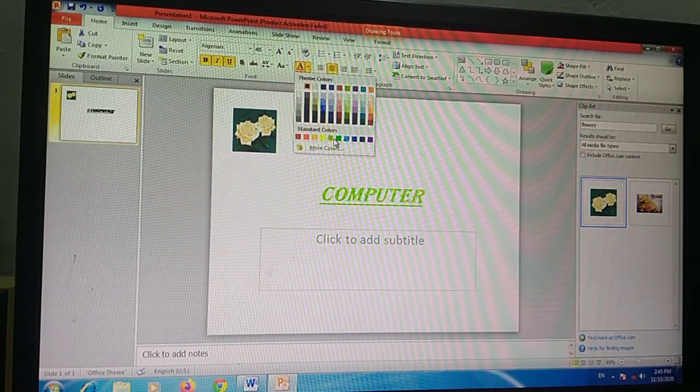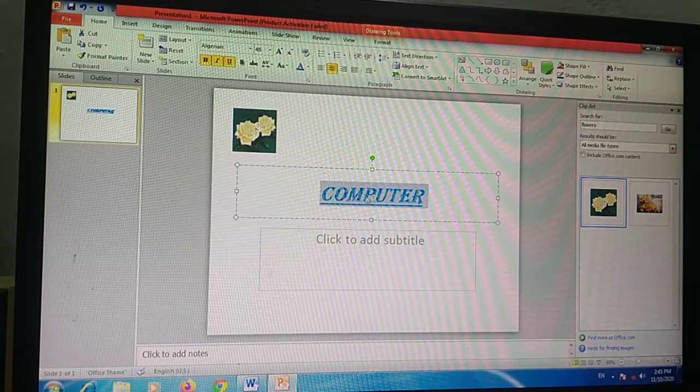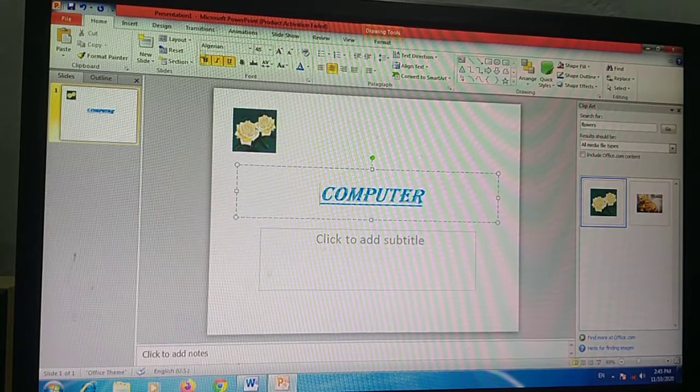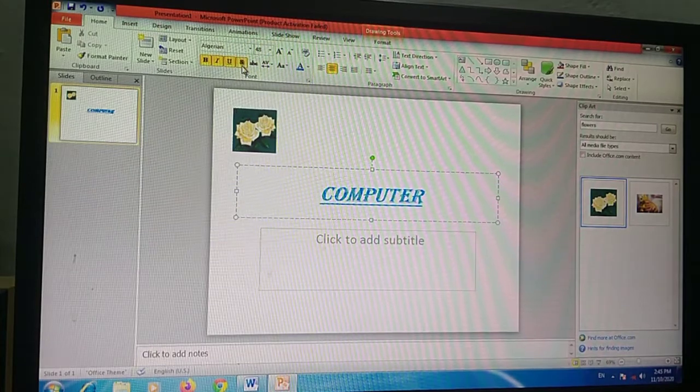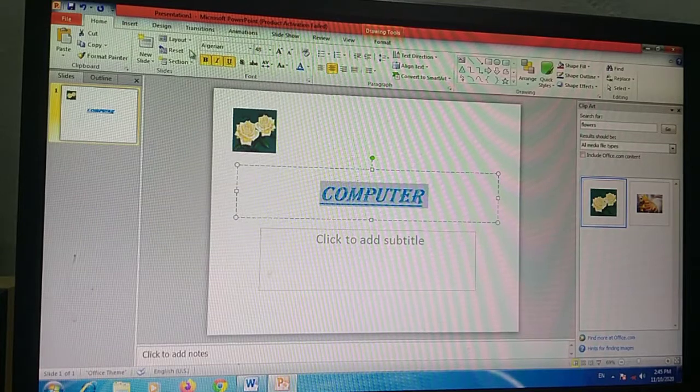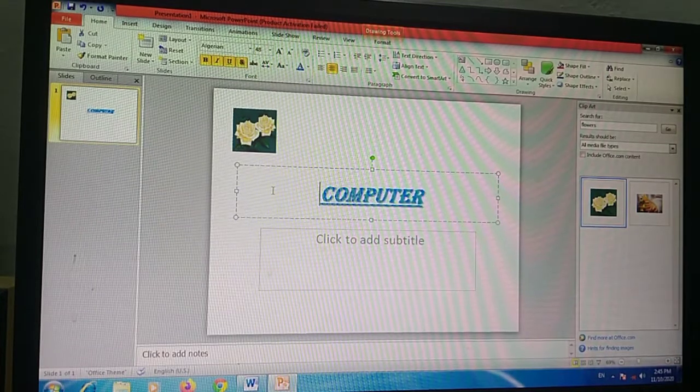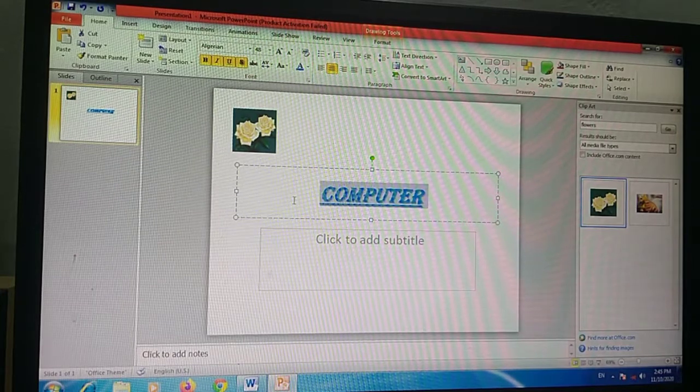Suppose I have selected the blue color. See, the text has turned blue here. After that, this one, S, is to add a shadow to the text. First select the text, then click on S. This will show the shadow of the text.